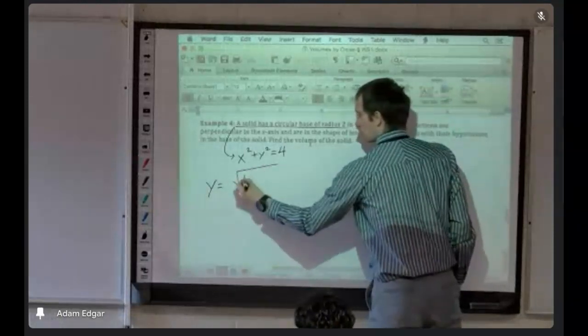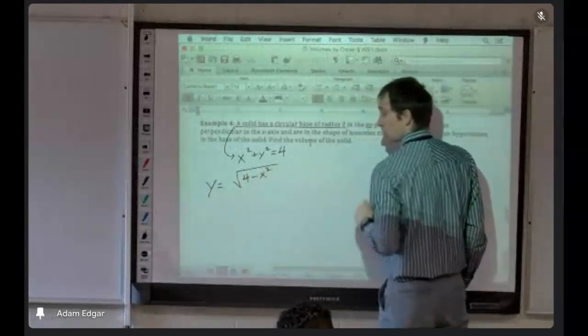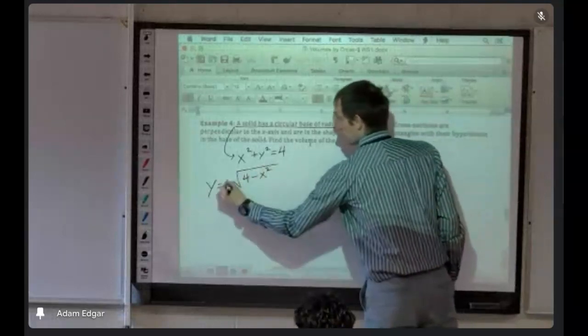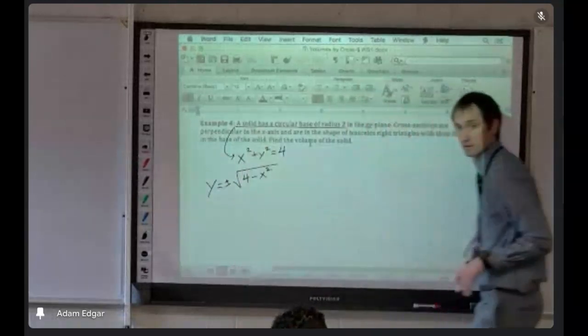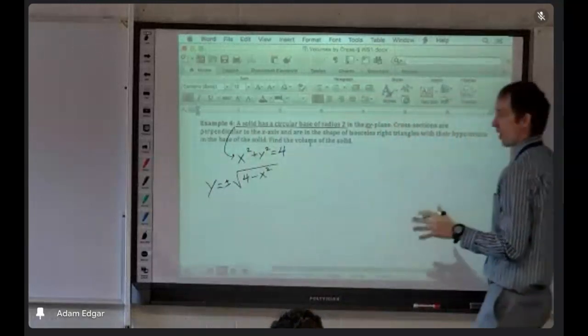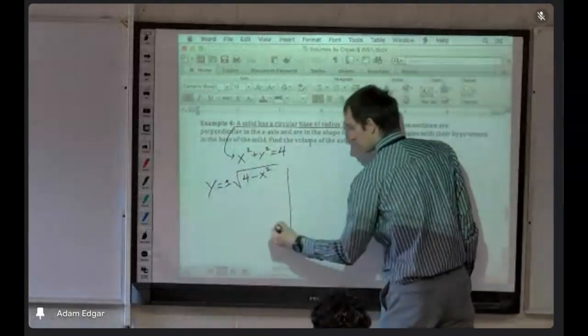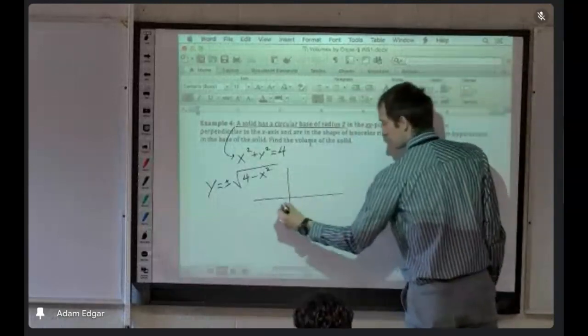Root 4 minus x squared. And because it's a full circle, what do we need to include? Plus or minus. So we have the top half and the bottom half. So that's our equations just for the base. And if we draw that, we have a circle